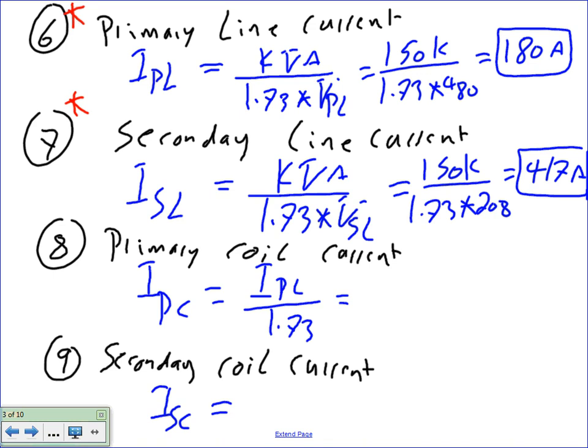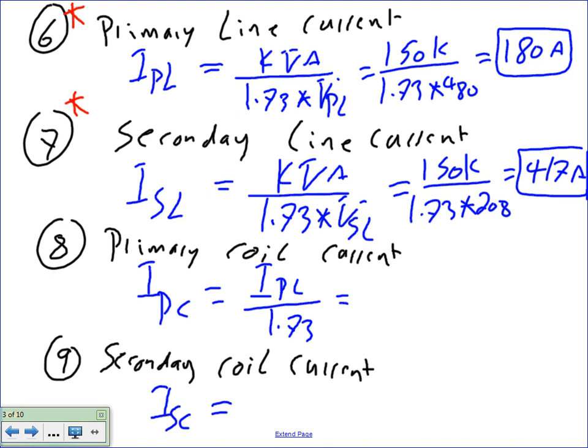Now, William, could you please do me a favor, highlight the stars that I put here, because these two currents are the single most important currents for the transformer. Based on them, we size the fuses and the circuit breakers. The second two, primary coil and secondary coil current, I call a mental exercise for you guys, really for the manufacturers,